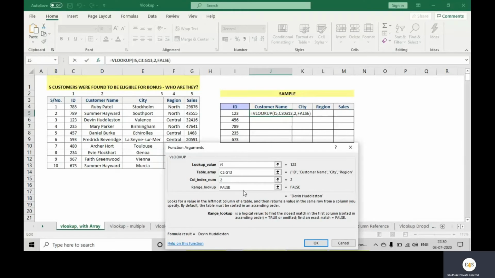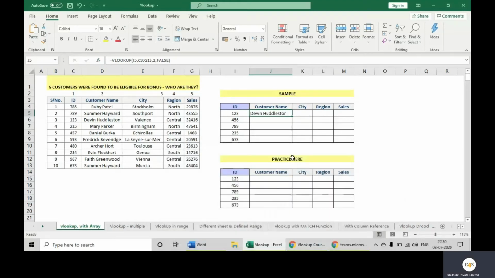It gives us two options, TRUE or FALSE. If we write TRUE, it will give us the closest match, and if we write FALSE, it will give us the exact match. So I will write FALSE and click OK, and I get the answer. ID 123 refers to the person with the name David Huddleston.